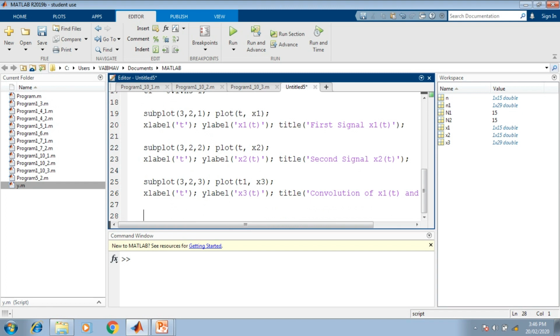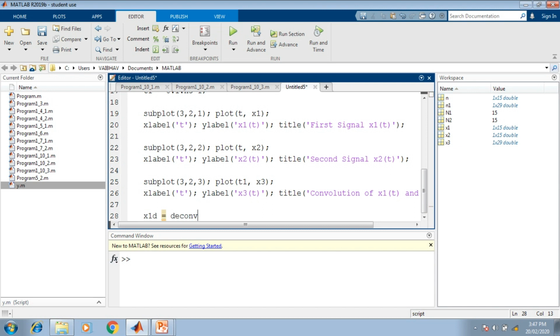Now we have to make deconvolution of the result to extract the original signals x1 of t and x2 of t. So for that purpose, the deconvolved versions we shall be saving or holding up with the variables named as x1d. So x1d can be obtained by the syntax DECONV.